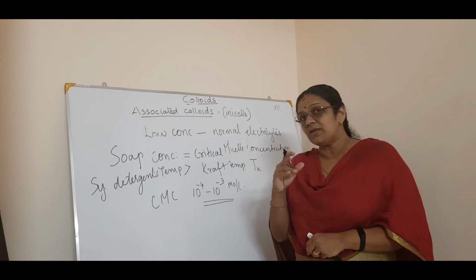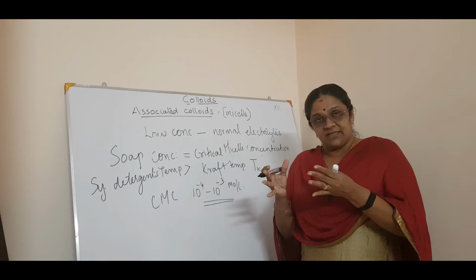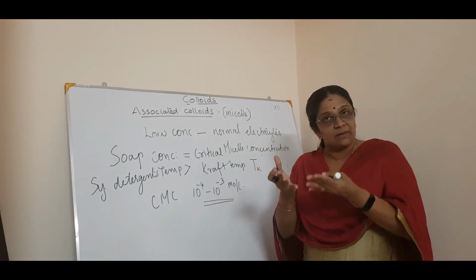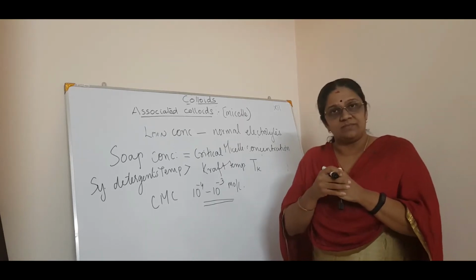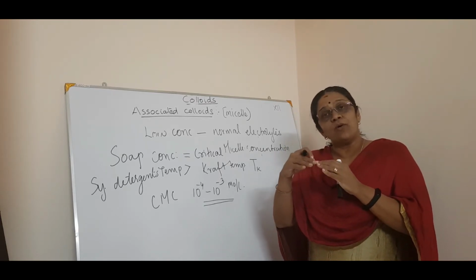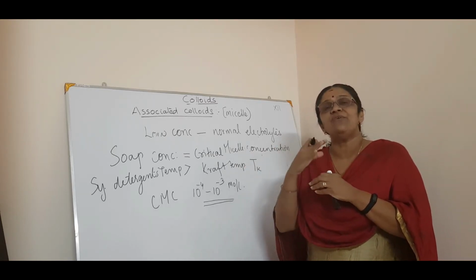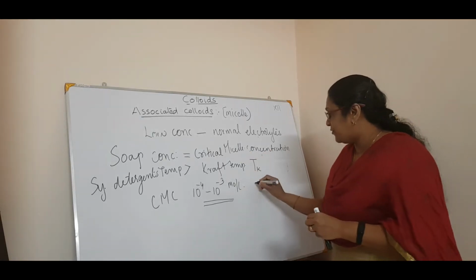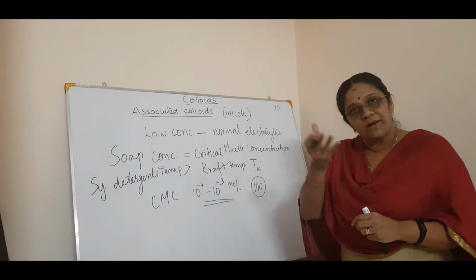Now one more important thing: you got a micelle, correct? That means so many molecules are aggregated or associated to form that particular micelle. Now, if that micelle is diluted more, or if you add more water, what will happen? The micelle will break and form individual ions. Got it? And a micelle is somewhat, say, 100 molecules will make one micelle.